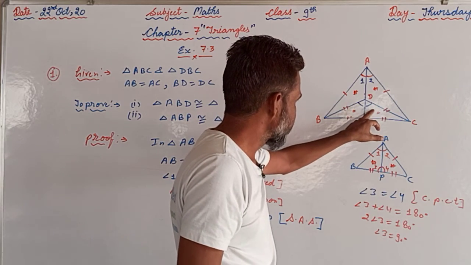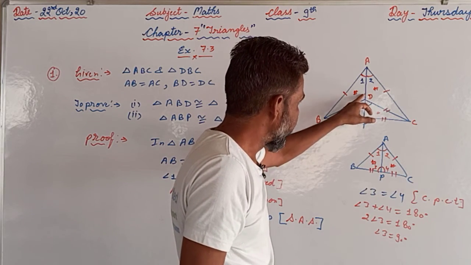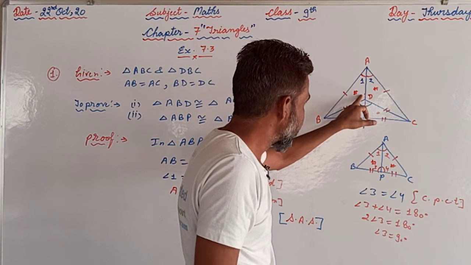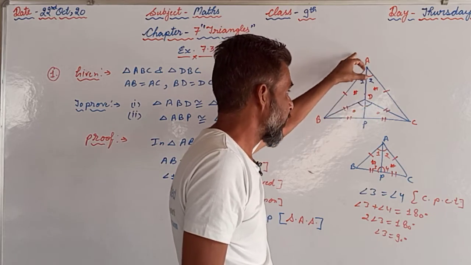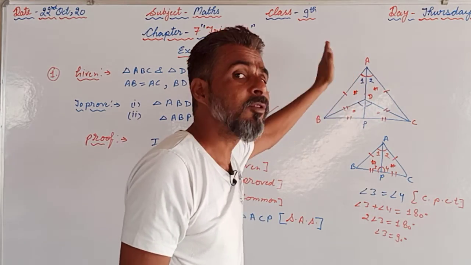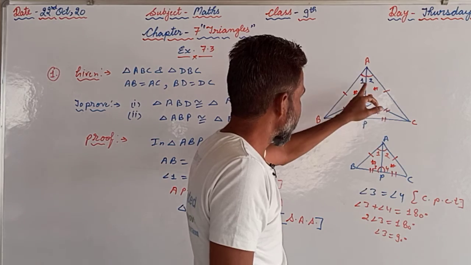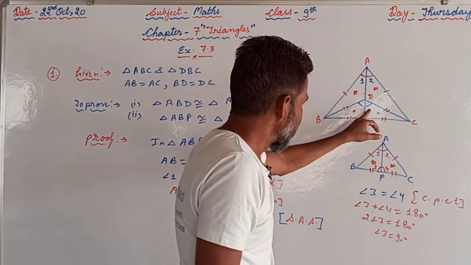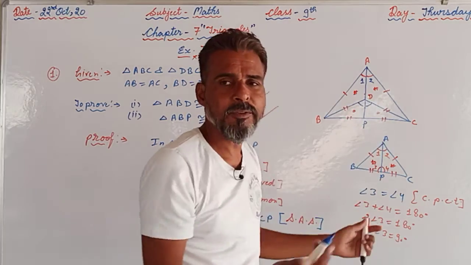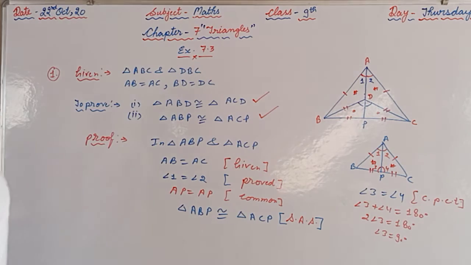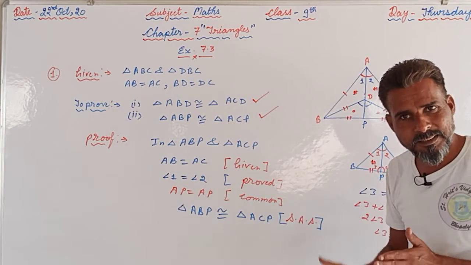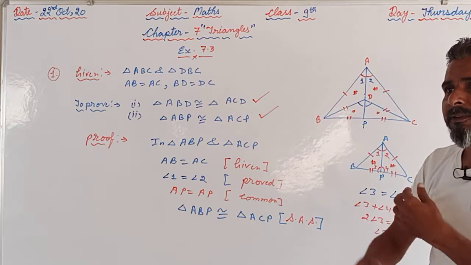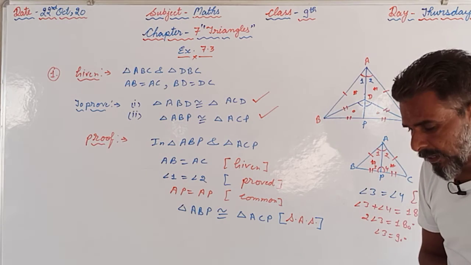If this angle is equal to this angle, then we can say that PD is the bisector of angle D, or we can say PA is the bisector of angle D as well as angle A, because that line is dividing those angles into two equal parts: angle A into two equal parts, angle 1 and angle 2, and angle D into two equal parts, angle 3 and angle 4, whatever name we want to give in the figure. So this is a very long question, but a very easy question if you understand it, or if you attempt it in a proper manner.